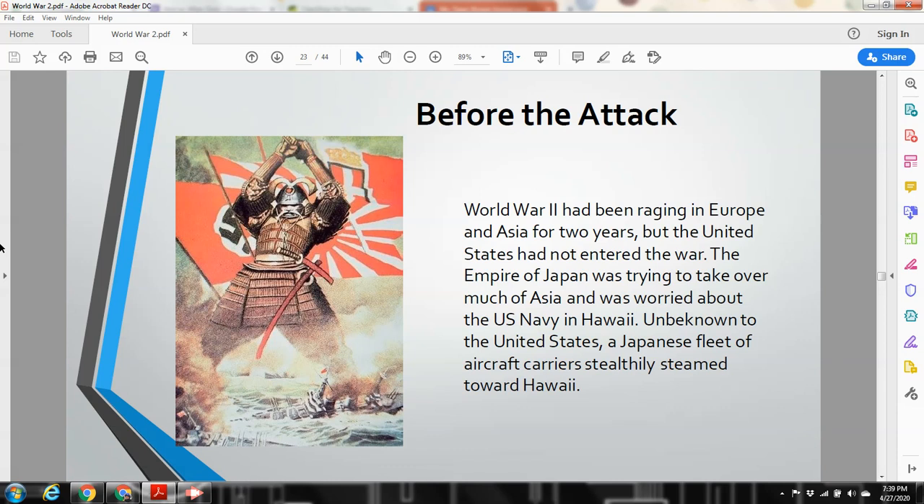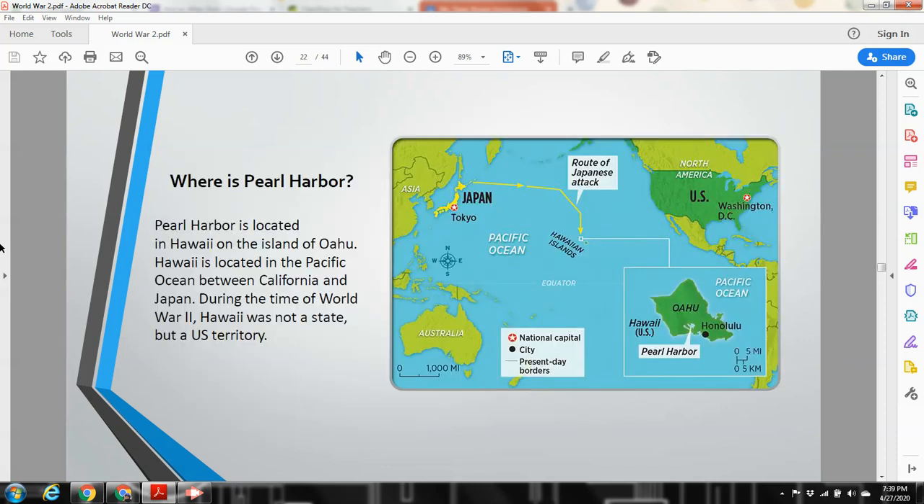The Empire of Japan was trying to take over much of Asia and was worried about the U.S. Navy in Hawaii. Now, why were they worried? Because the U.S. had a large naval fleet. And you have Asia right here. Asia is a large continent that is blocking all European entities from coming over and stopping any attack they may have. So they took out the Hawaiian Islands